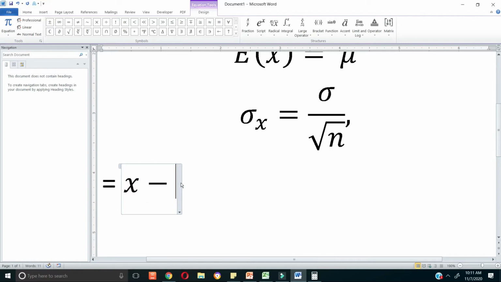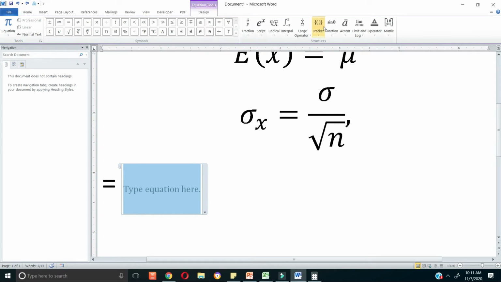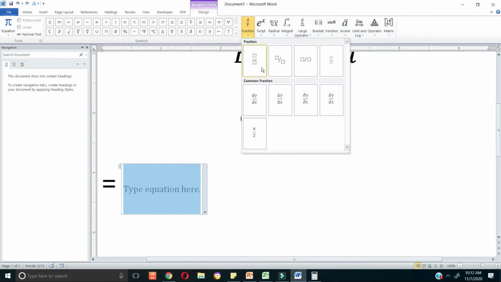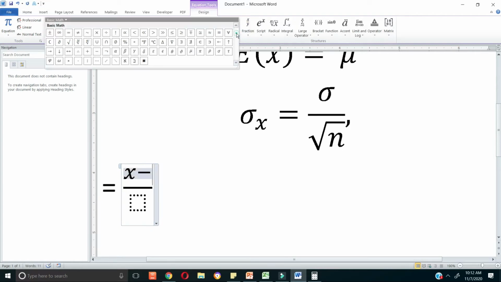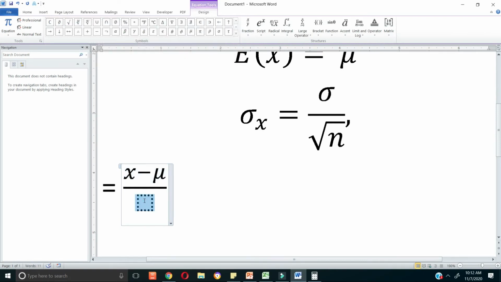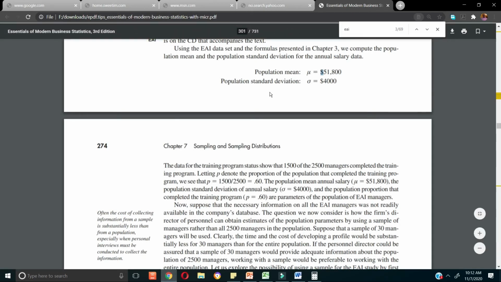Remember, our cumulative probability table is actually a standard normal distribution. So we need to convert this to a normal distribution by simply computing the z values. Remember, this is how you get it: x minus mu over sigma. We already know our x minus mu is 500 because we want it to be 500 either way. So it's basically 500 over sigma, and the sigma is the sigma x,